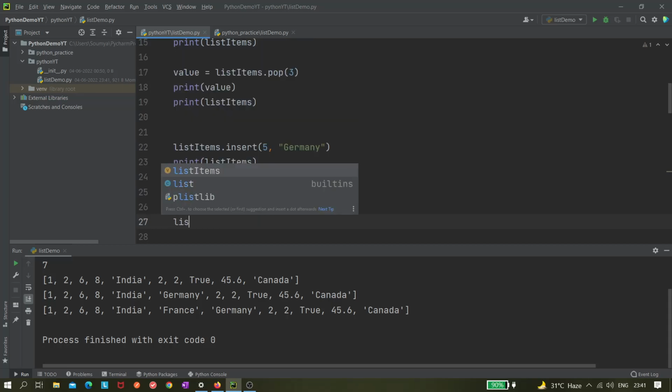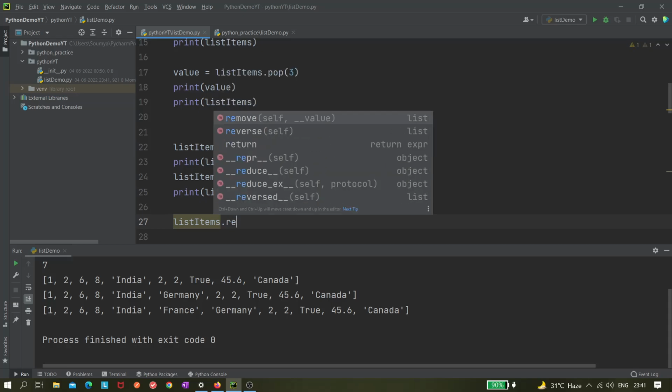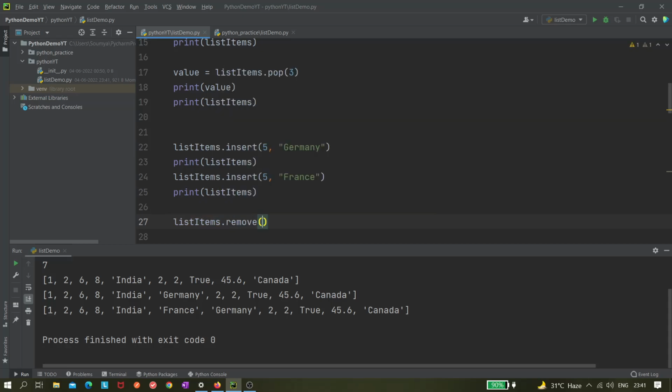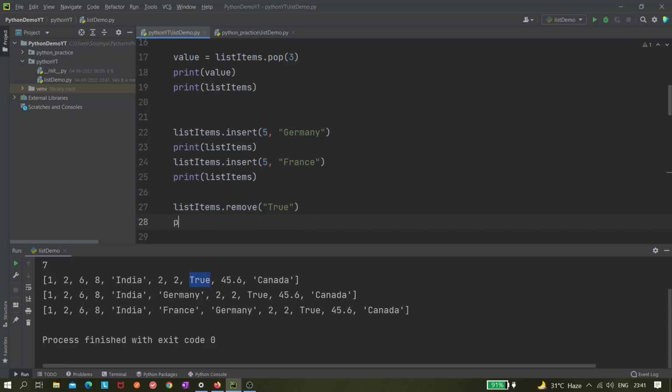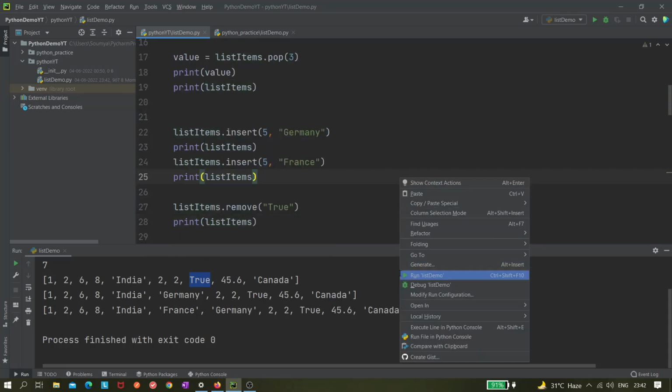And one more is remaining, list items dot remove. So remove is removing a value. So let's say I want to remove this value true. Okay, so I just gave it, or what I can do, I think I can't. Let's give in double quote, I think. Okay, and if I now print list item and if I run it,